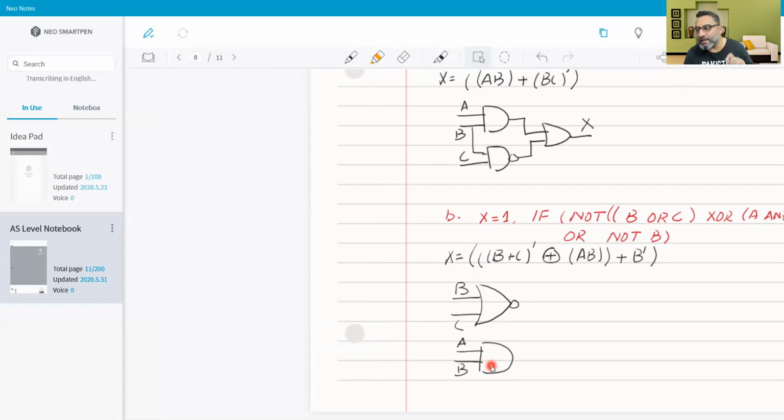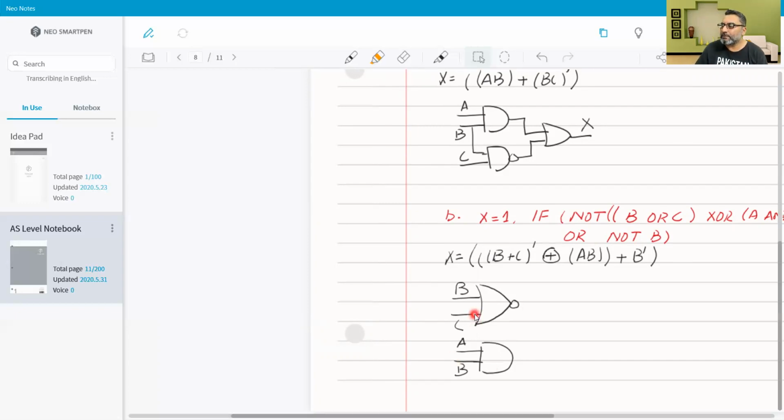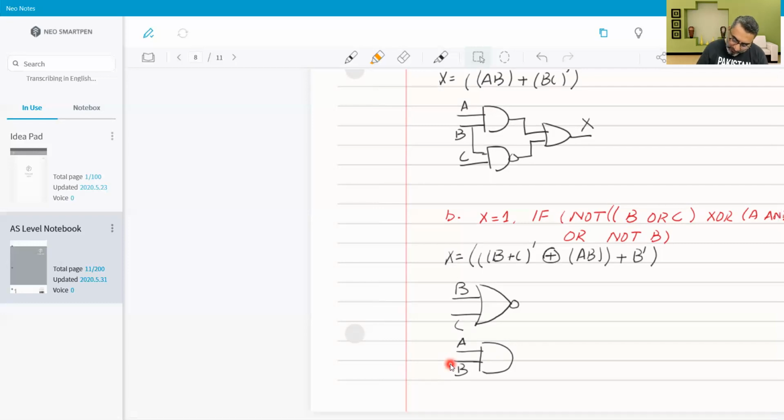So if B is represented twice, it is still considered as one. Another option is that instead of showing C downwards, you may make the first input C and then B. In that case, we will be able to bring this B as input over here, and over here we could have made it A. Now, they both are being exclusive ORed,